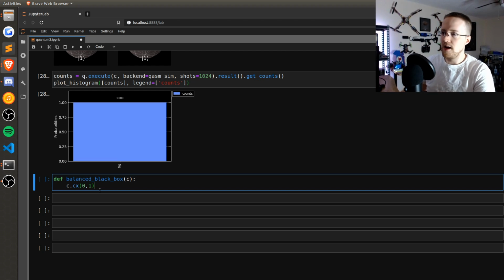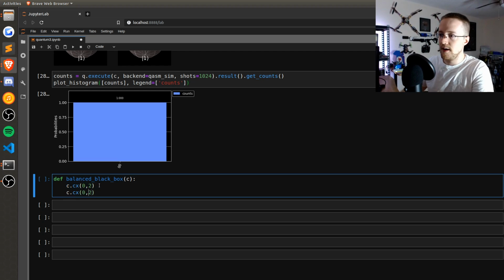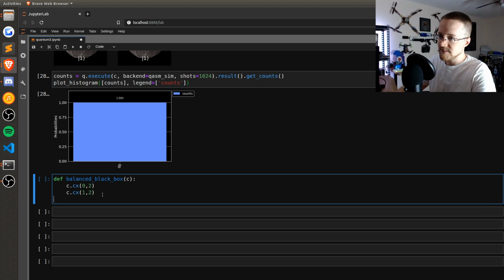So anyway, we're going to do a controlled NOT from qubit 0 to the qubit at index 2, which you'll see in a moment. We're going to add another qubit here. So we're going to do this entanglement between qubit 0, qubit 1, and they're just going to entangle with this qubit at index 2. Then we're going to say a constant